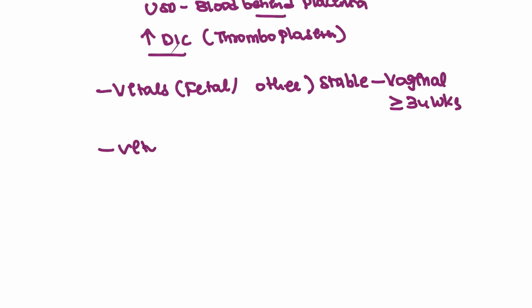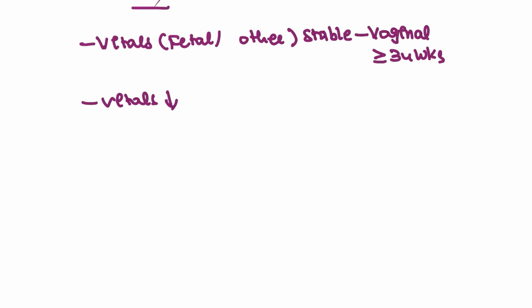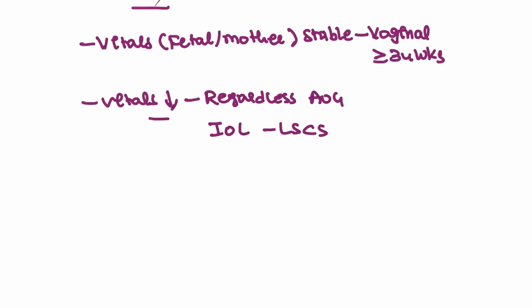If the vitals are deranged, either the fetus or the mother, then regardless of the patient's age of gestation, we can go for induction of labor. Induction of labor has to be started, and if the patient deteriorates, then we can go for the LSCS